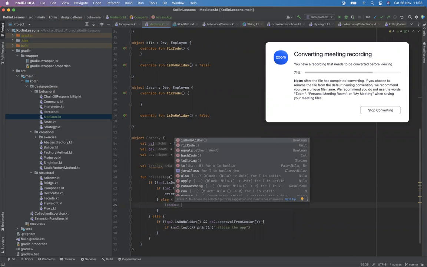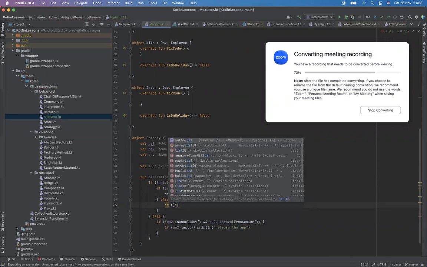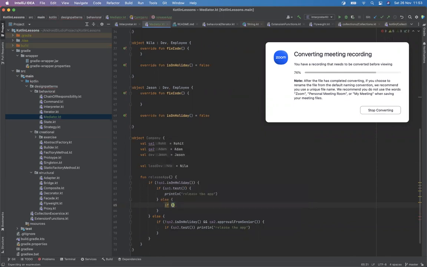Fix. Oh, let's check whether the lead dev is on holiday or not. Lead dev is on holiday. If she's not on holiday, we can ask the lead dev to fix code. Yeah. Else, lead dev not available, so we need to ask Jason. So now we then check else